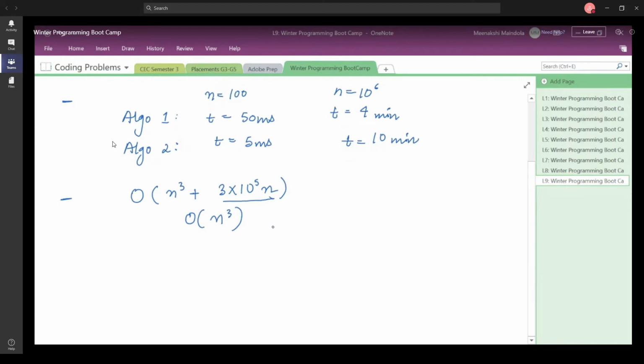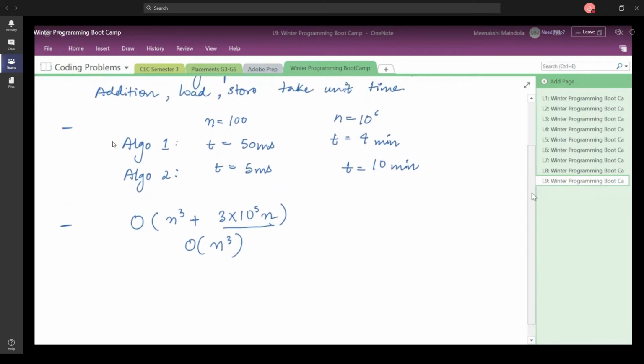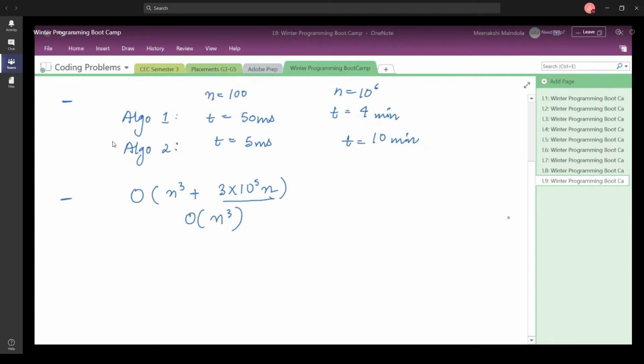Okay. Up till here, has everyone understood everything? Is there any doubt? If yes, then you can post that doubt or your query in the group. Okay. If no, then let us move ahead and talk about the time complexity of a given piece of code.